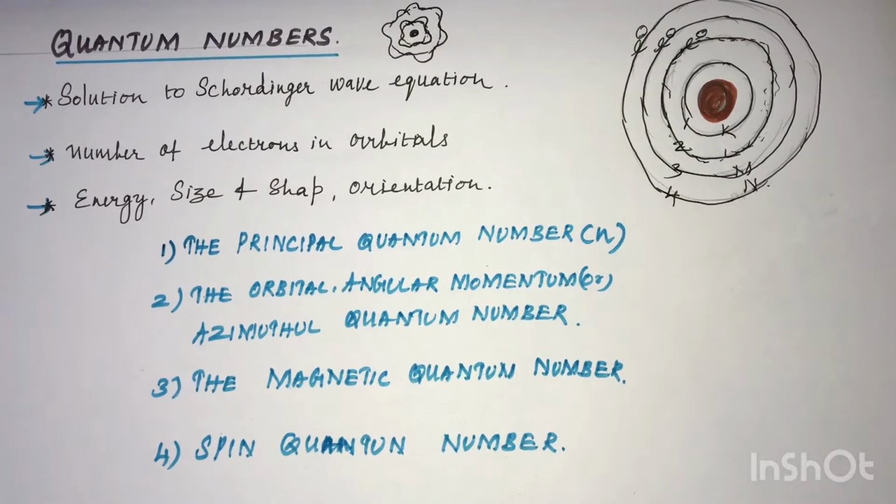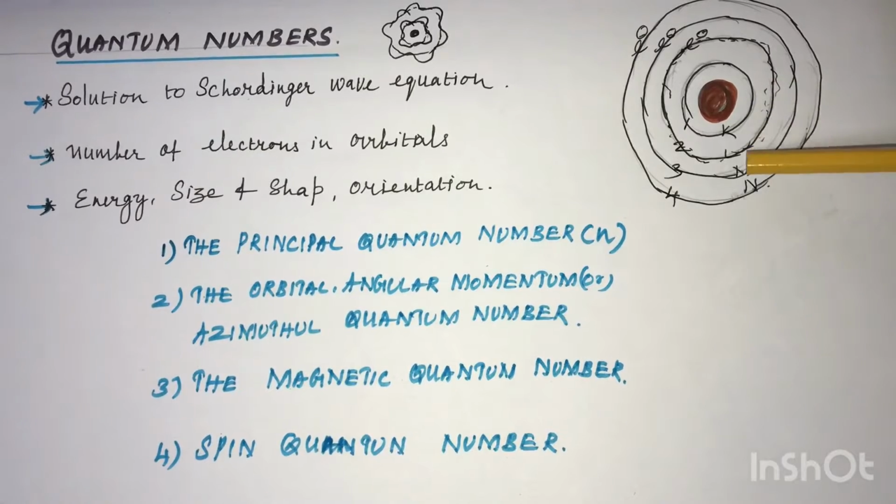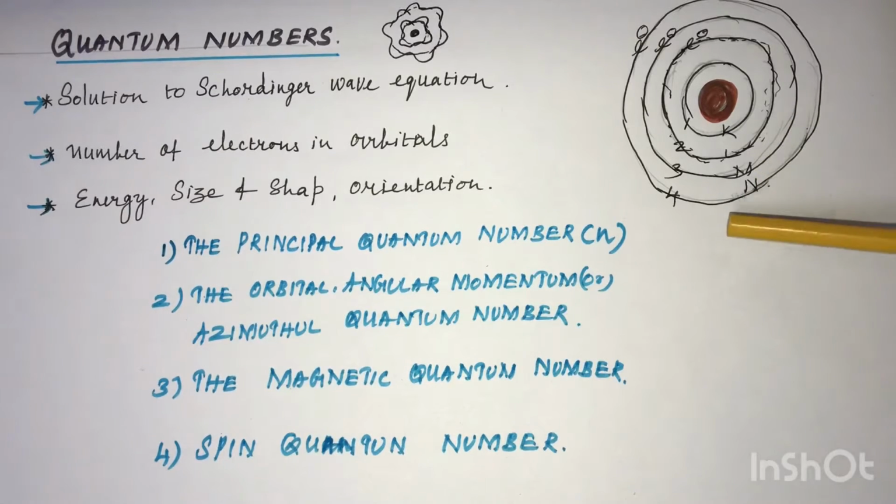Quantum numbers. What are quantum numbers? Quantum numbers are actually a solution to the Schrödinger wave equation and the Heisenberg uncertainty principle. The Heisenberg uncertainty principle deals with the particle and wave nature of electrons, and the Schrödinger wave equation deals with the different electrons around the nucleus of different wavelength, and also the methods of predicting the number of electrons depending upon their wavelength. So thereby result quantum numbers.